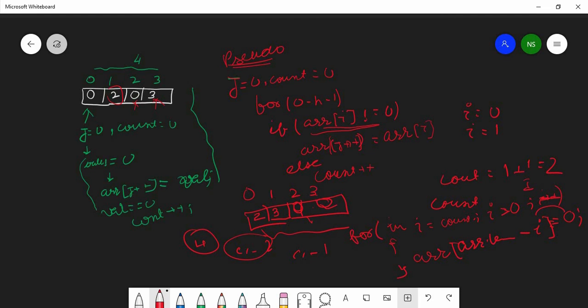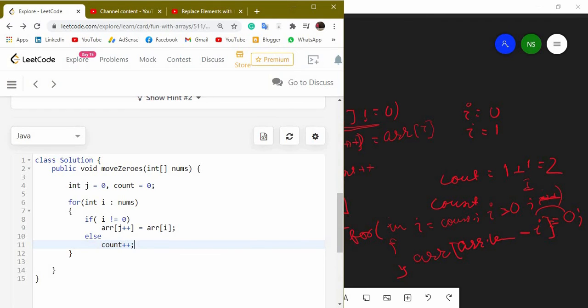Now we will update our code once again. So what we have to do here: again use the same for loop, for int I equal to count, and I should be greater than 0, and I minus minus. And what we will do here: not arr, we have nums.